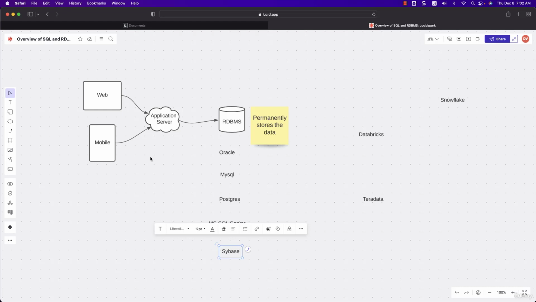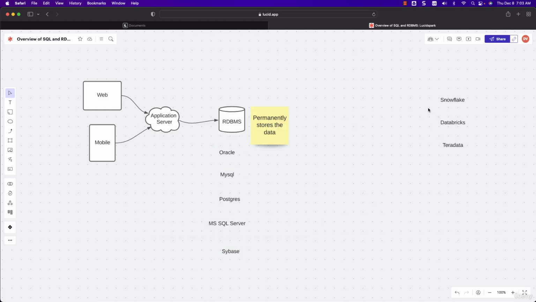When it comes to our web or mobile application, we typically use one of these RDBMS technologies. Postgres is purely open source. There are different flavors of Postgres too. MySQL used to be open source, but it is acquired by Oracle. Still, Oracle supports it as open source, but people are a little bit apprehensive that Oracle might close the openness of MySQL. That's why when it comes to open source, Postgres is the most popular choice as of today. When it comes to SQL Server, it is a Microsoft proprietary RDBMS technology. Sybase is from SAP. In a similar manner, IBM has DB2, and there are quite a few other RDBMS technologies as well, but the market leader is Oracle.